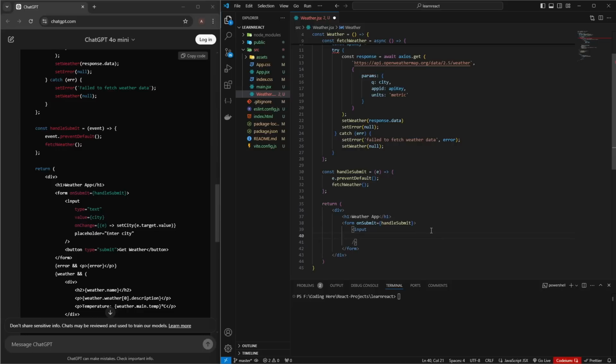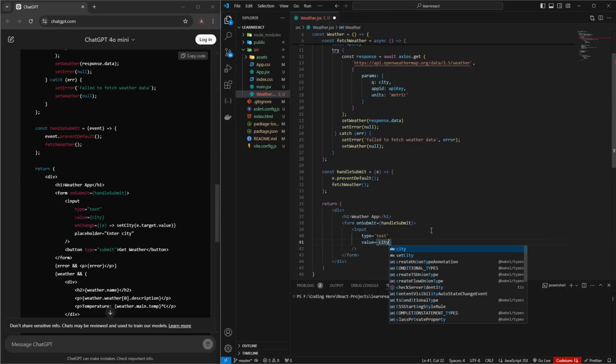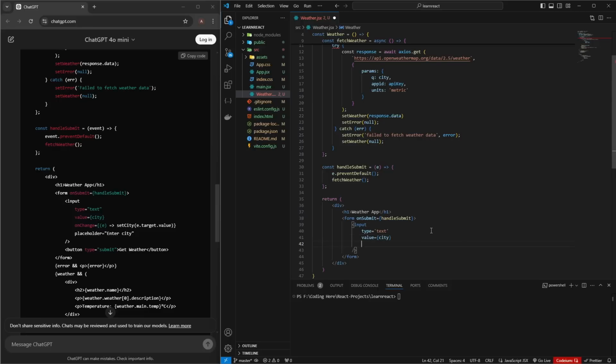We will write the type of input. It would be text, then value this city, because we are writing the city name, and then on change